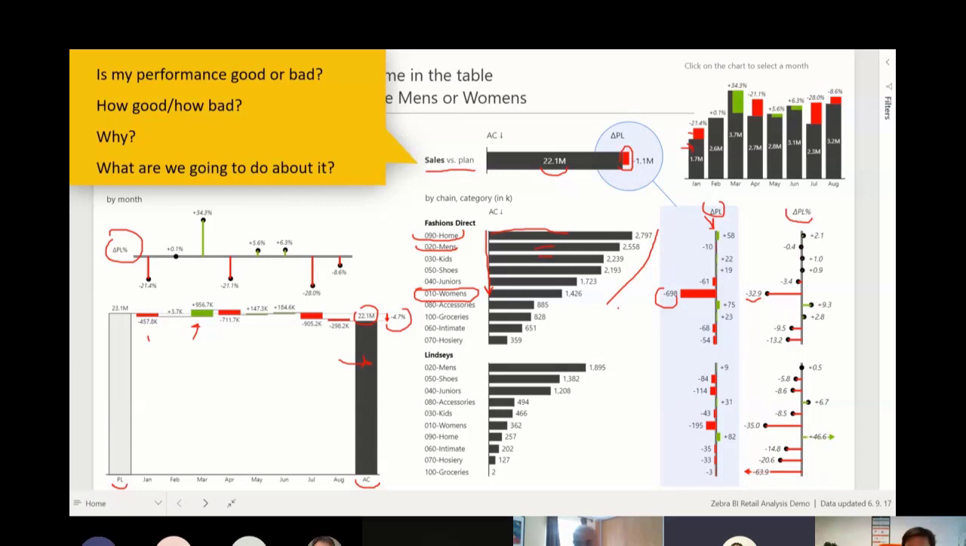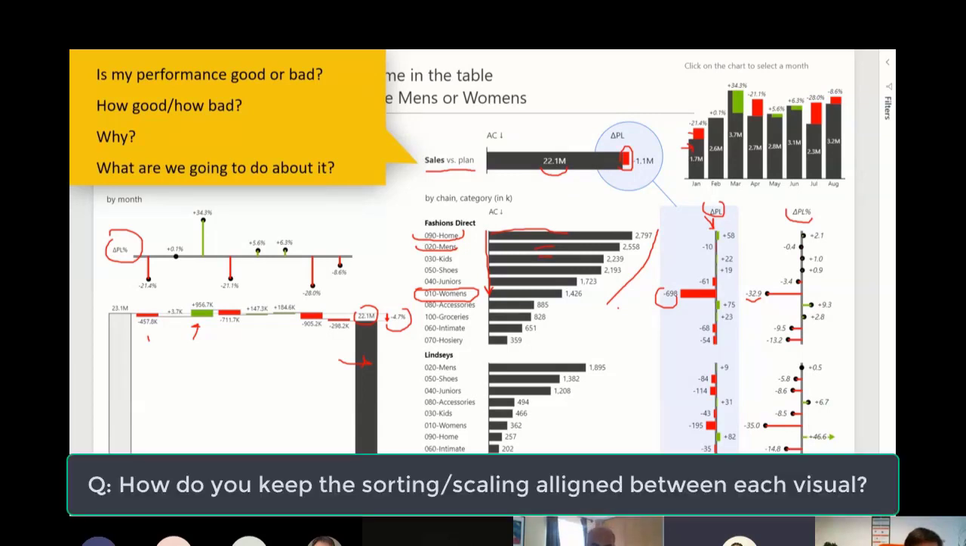Sure. So we've got a question on how do you keep the sorting aligned between each visual? That's a very good question. These are not separate visuals. So I will explain. There are a couple of ways how you can do it. Now, if you try to implement this with Power BI,